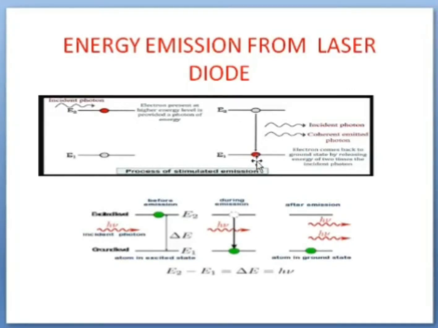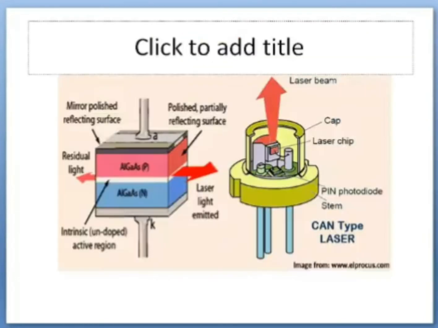If the photon is moving, it releases some radiations automatically, in the form of heat. That will be based on the material used, and you will get that color here. Now you can observe it clearly: gallium arsenide here, one side taken as P, the other side taken as N, and the white layer, as I told you, near the junction, where a mirror coating will be there.